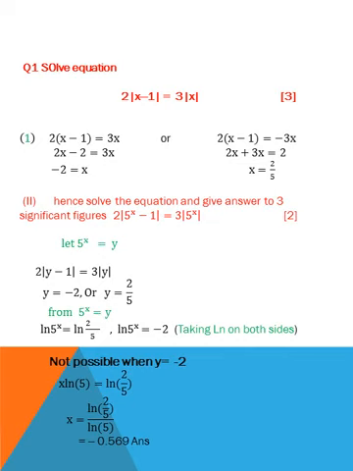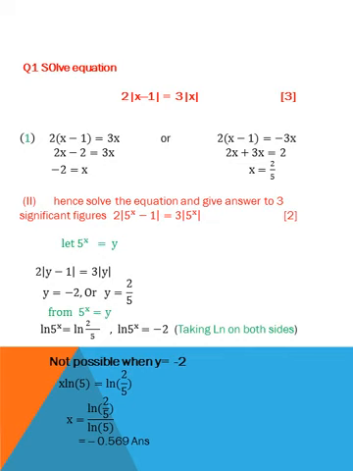We have already found the value of x, and variable y here behaves like variable x. So y is equal to minus 2 or y is equal to 2 by 5. We put these values in equation number 1. Let 5 power x is equal to y. So 5 power x is equal to 2 by 5. We only use the positive value because ln is not possible for negative values. So that's why we take ln of both sides in order to solve the equation.